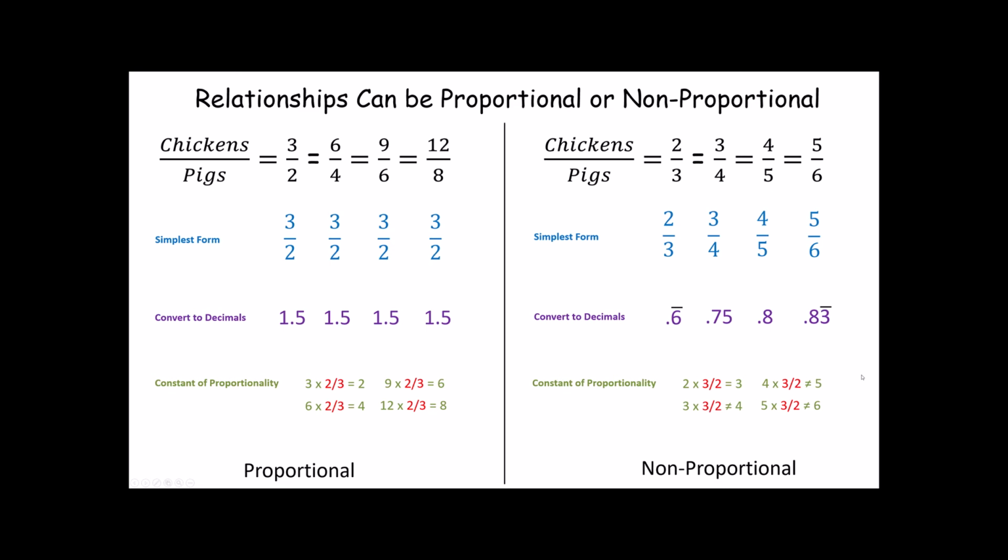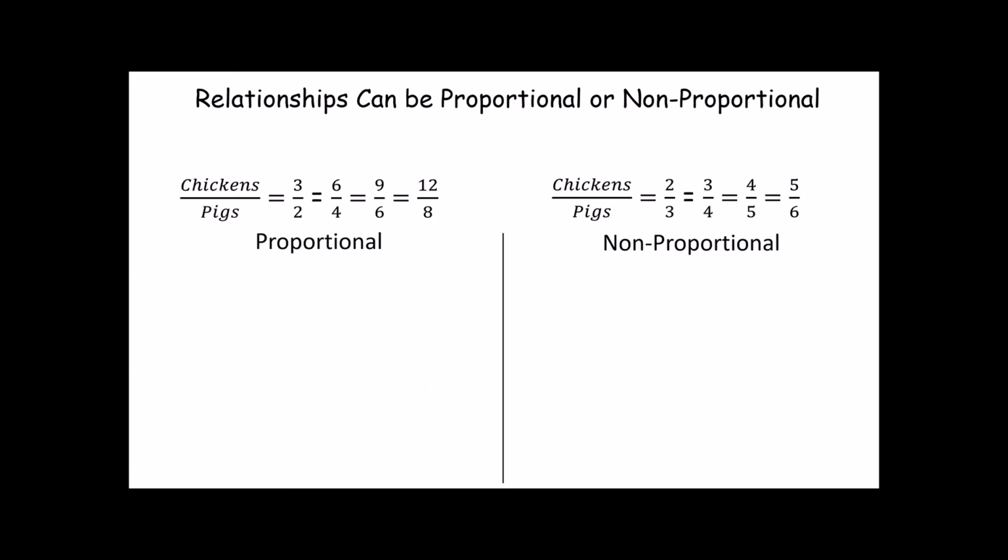Now, there is one other way I want to talk about, and I saved it for last because it's really the focus of what we want to do here today. And that is this. I have the same proportional relationship here on the left. I have the same non-proportional relationship here on the right. And I'm going to use something called the means extremes property. The means extremes property says that the cross products of any two ratios in a proportional relationship will always be